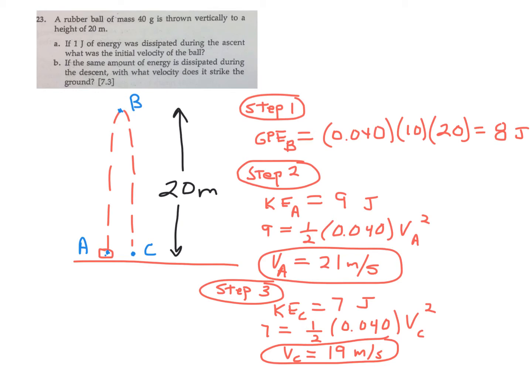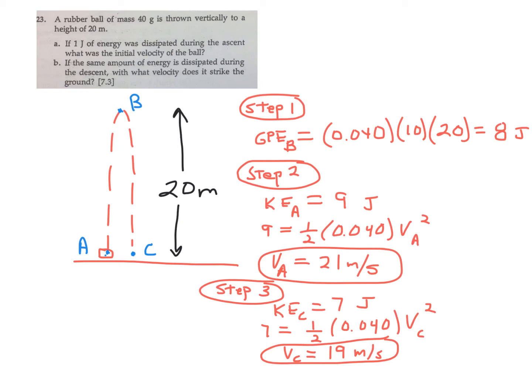So I've drawn a diagram. You have three positions of interest. Point A, the point of launch, assuming it's from the ground level, not above the ground. Goes up to the top, point B, and then it lands at point C, ground level with A. Maximum height, 20 meters. So the first thing you want to do in this problem, step one, is to figure